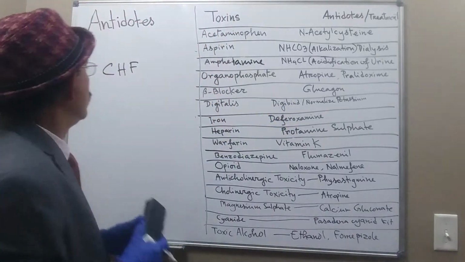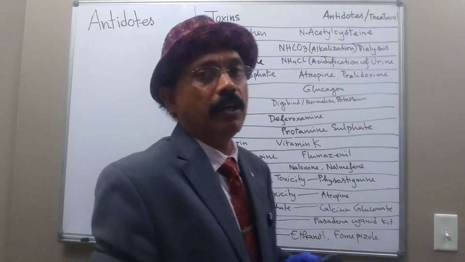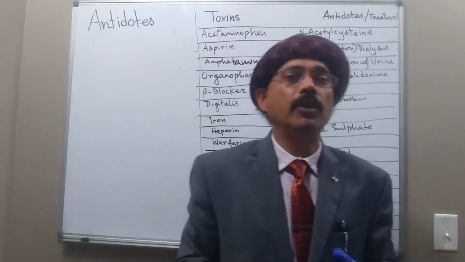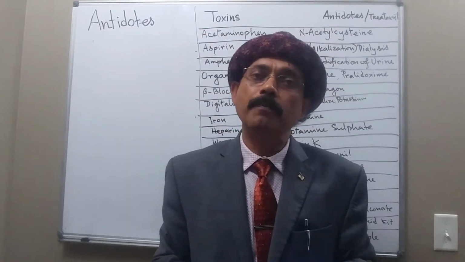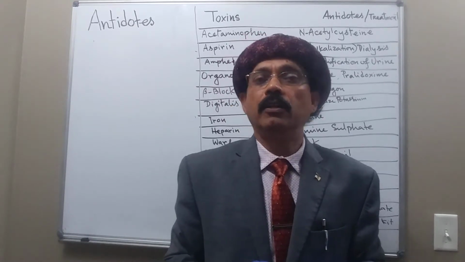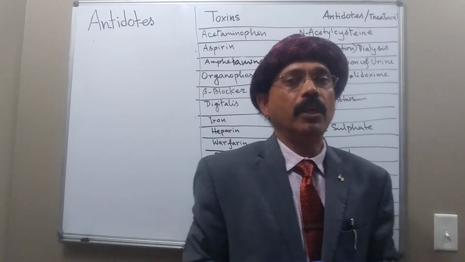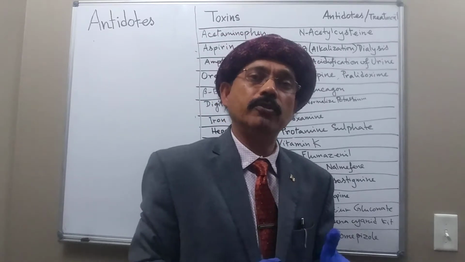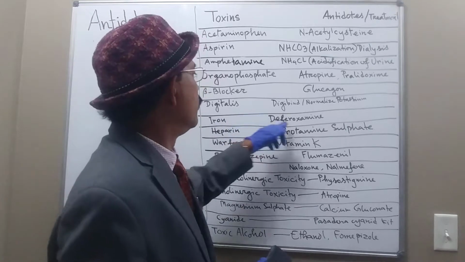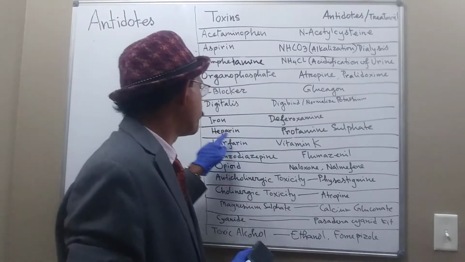Okay. Then iron. Iron can be taken accidentally, especially in children. Iron can be deposited in our body if we have some type of metabolic problem, or if there is very quick hemolysis like in sickle cell anemia or thalassemia. In that condition, there will be accumulation of iron plus accidental intake of iron. So its antidote is deferoxamine.